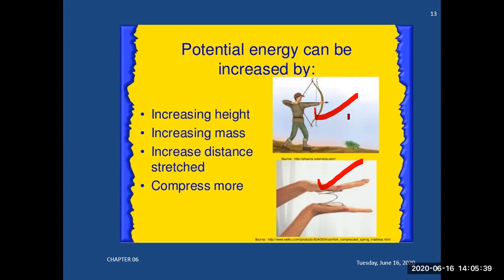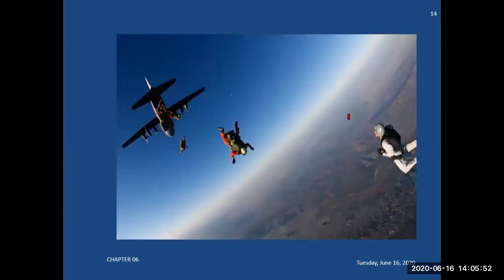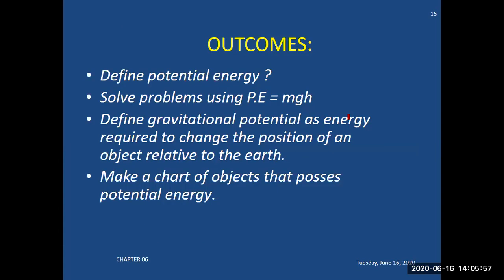And in our daily life, you see thousands of machines working on the same principles, where you are trying to increase the potential energy, where you are trying to increase the kinetic energy. So here it is, how one type of energy is converted into another type of energy. And outcomes.